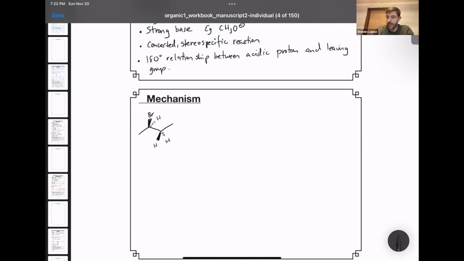Okay, so this is bromobutane, and it can undergo a reaction with sodium methoxide and methanol to afford the following product. And the only product that's formed is this trans 2-butene. So this is one defining feature of E2 reactions. You only get one stereoisomer, not a mixture of the cis and trans 2-butene in this reaction.